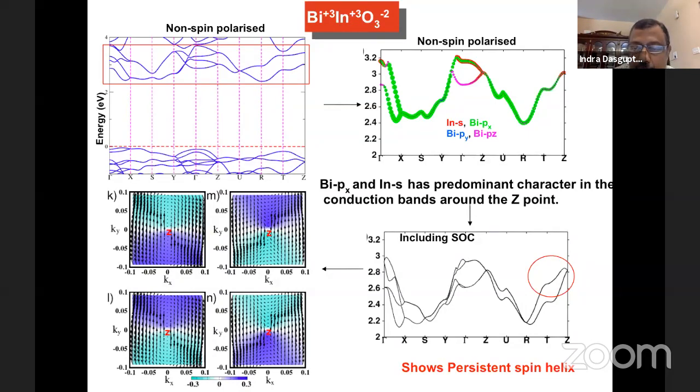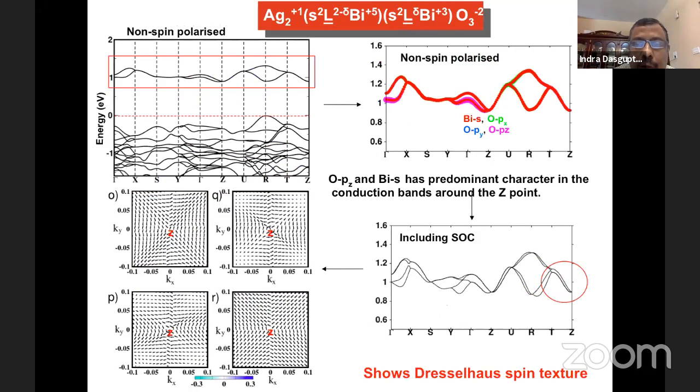What is the case for the third compound? If I do the same thing, I figure out that the character of the bands is bismuth s and oxygen pz. If I analyze at the Z point, this shows a Dresselhaus spin texture. So you can see that all the compounds have the same symmetry, but they host three different kinds of spin texture. Out of these, bismuth indium oxide is the one more sought after because it essentially hosts